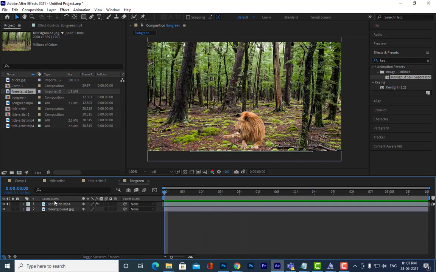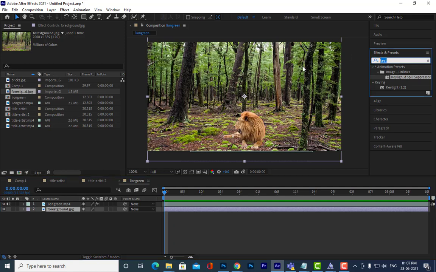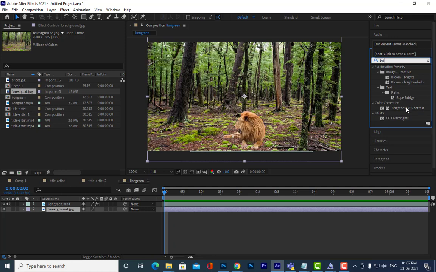Okay, and I think the background is a little bit bright. Okay, so we will make the background a little bit dim. So how can we do that? In effects we will have Brightness and Contrast. See, I think you all know these things from Photoshop. Remember, we have already covered these things in Photoshop.